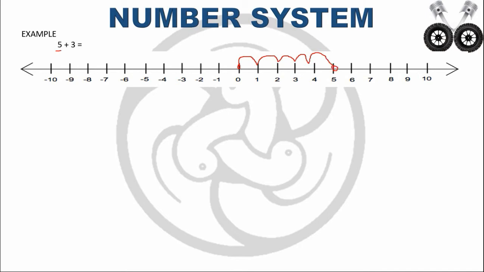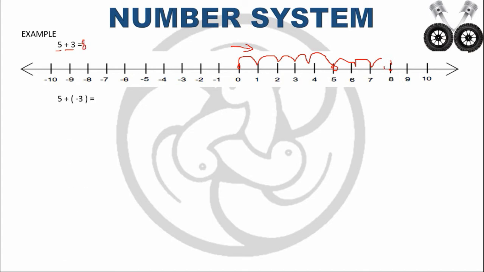What is the next one? It is the operator, the positive operator. That means we have to look in the positive direction. What is the next integer? That is 3. It is also a positive integer. That means we have to move forward. How many steps do we have to move forward? 3 steps. So 1, 2, 3. Then we will reach the integer 8. So the answer here is 8.